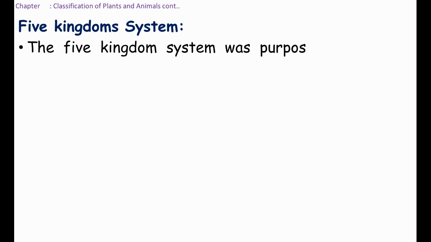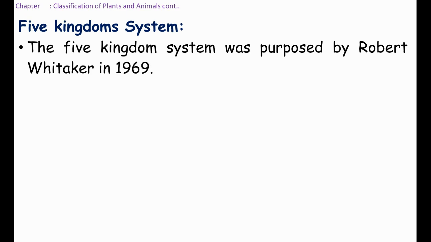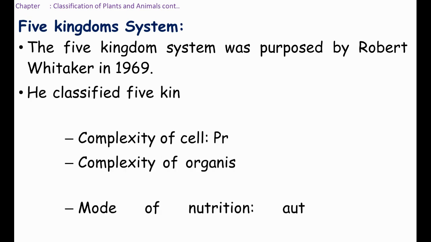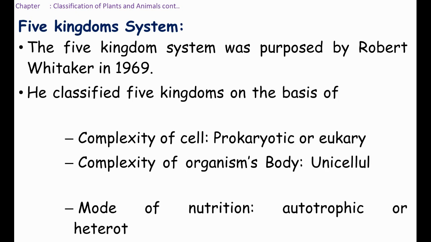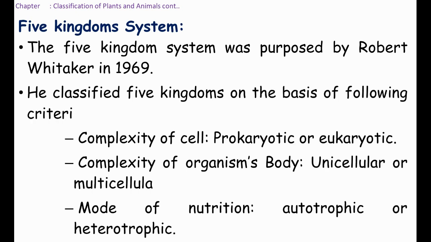Now I am going to tell what this is. This is the five kingdom system of classification, proposed by Robert H. Whittaker, R.H. Whittaker, in 1969 AD. The two kingdom system of classification was rejected, and then the five kingdom system was introduced. He classified all of the organisms found on the earth into five kingdoms